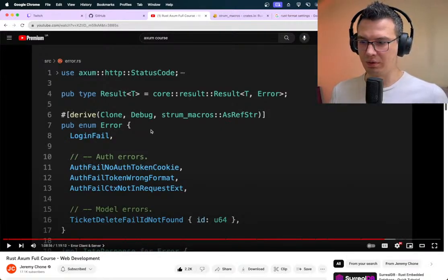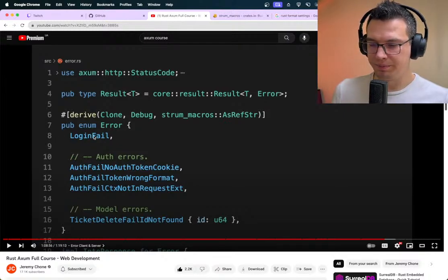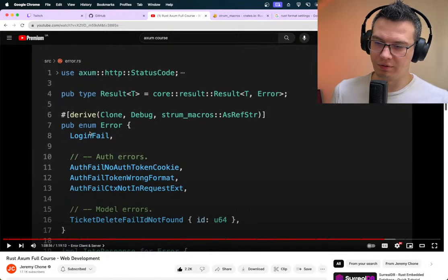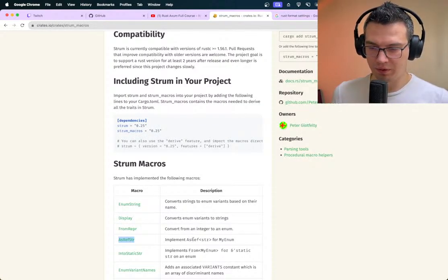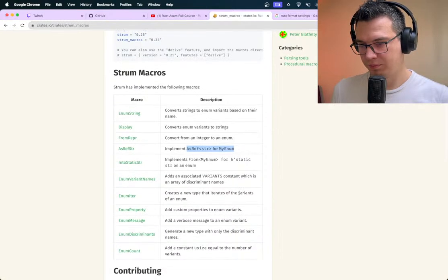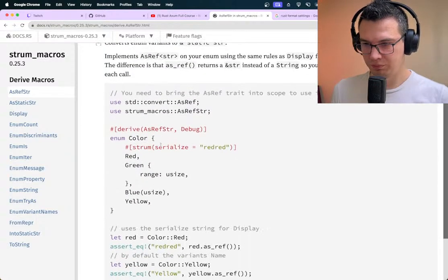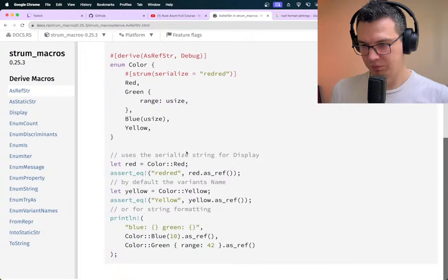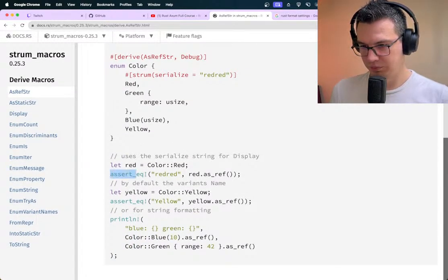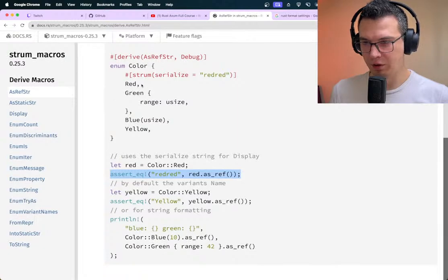We can have this enum name, variant name as a string. Okay. Implements as a ref str from my